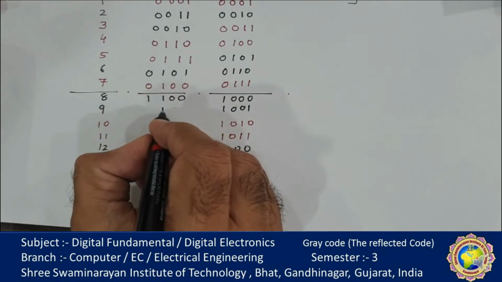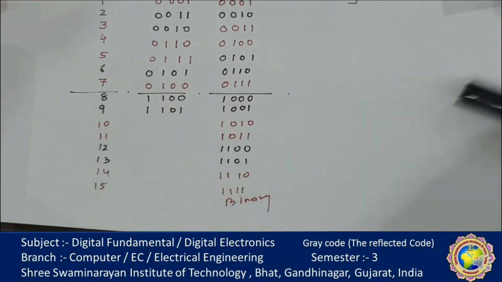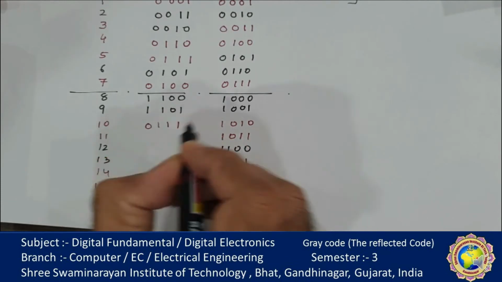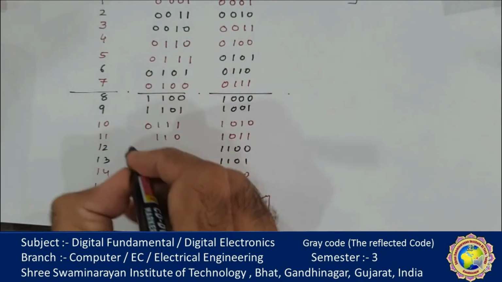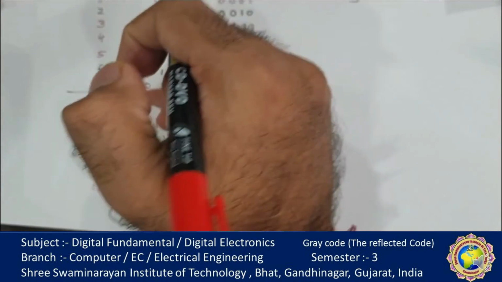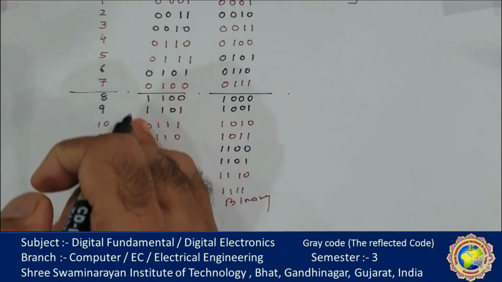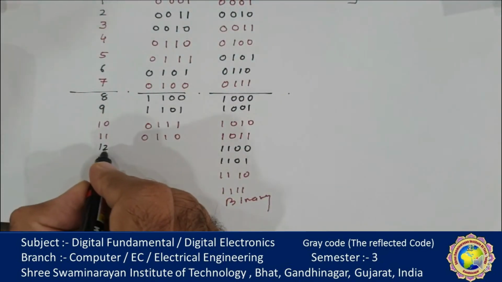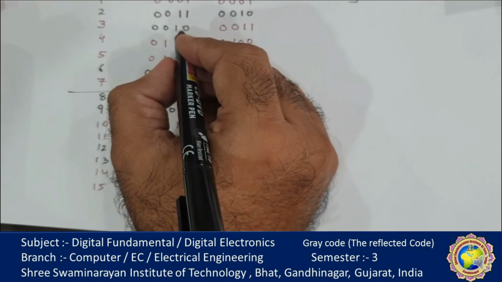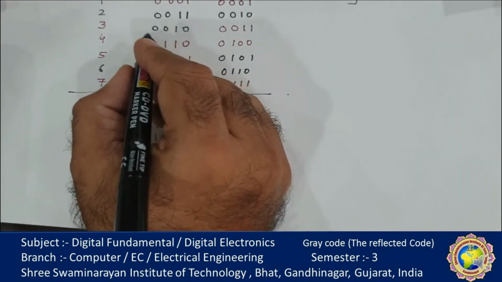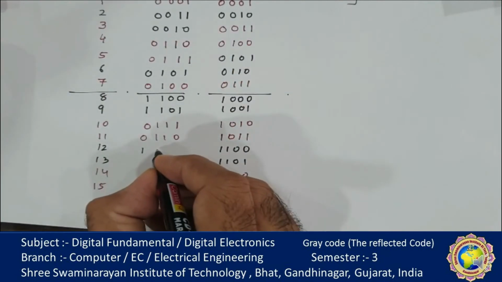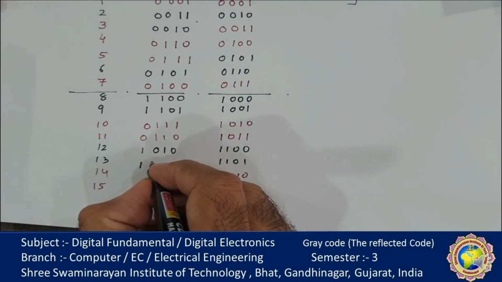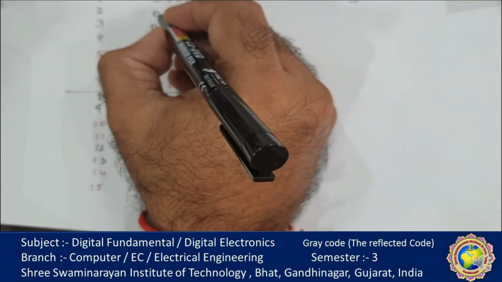9: the last 3 bits are the same and the first bit is 1. 10 is the reflection of 5, so the last 3 bits are 1, 0, 1 and 1, 0. See, I put the mirror to show this. While the MSB is replaced, where all were 0, this will become replaced by 1. 12 is equivalent to 3 and 2. So 3 is 0, 0, 1, 0. So this will become 1, 0, 1, 0. And 1, 1. Here 1, 0, 1, 1.